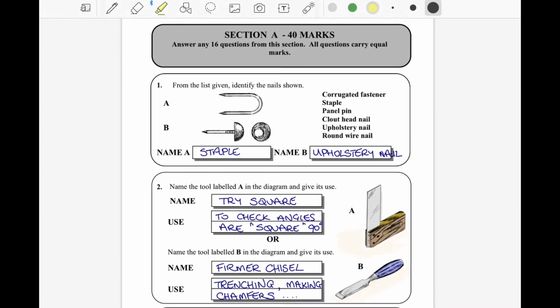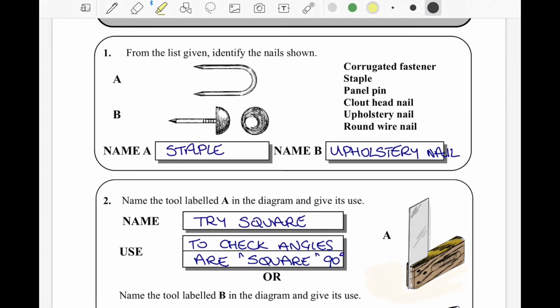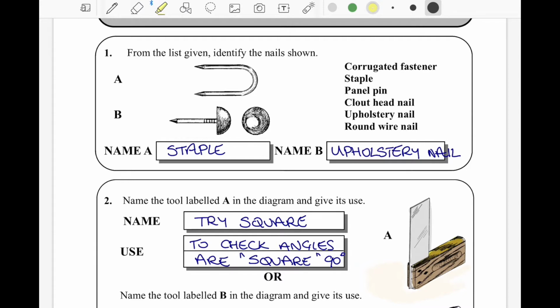All right, so first thing, Section A is worth 40 marks. You normally would answer 16, but I want you to answer all. From the list given, identify the nails shown. Now, some of you might know this, some of you might not. So what I thought about in my head when I was answering this is